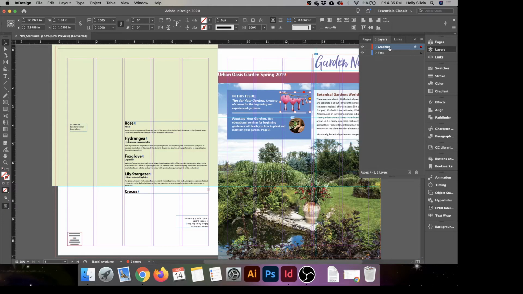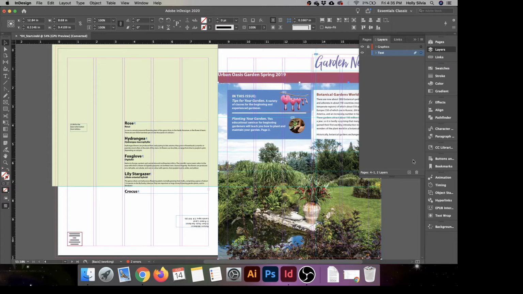Okay, so next up, what I'm going to do is make a third layer that's going to hold our background images, because when you're working on a more complicated project, if you have a background color like this, or you have a background image, selecting objects and stuff can be difficult, because you can accidentally select the background as well when you don't want to do that. So we're going to put these two on their own layer so we don't have to worry about messing with them. So first up is we're going to go ahead and lock the graphics layer so we don't mess with